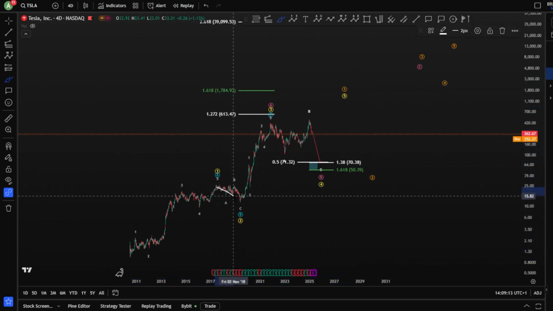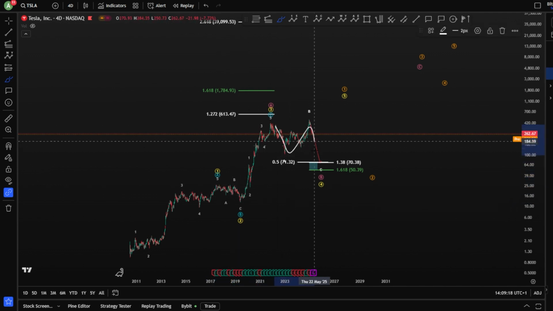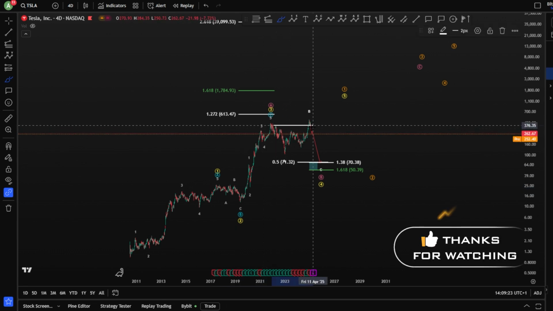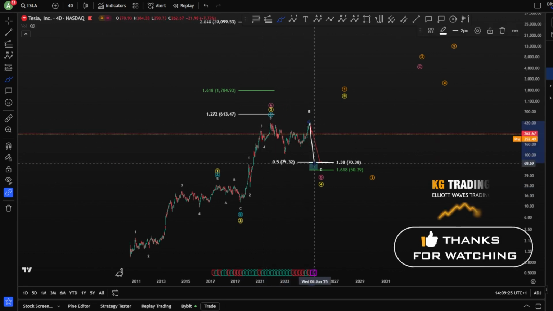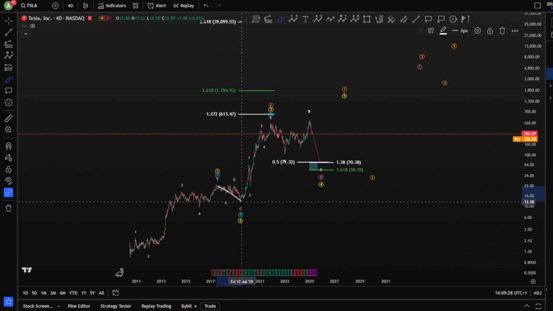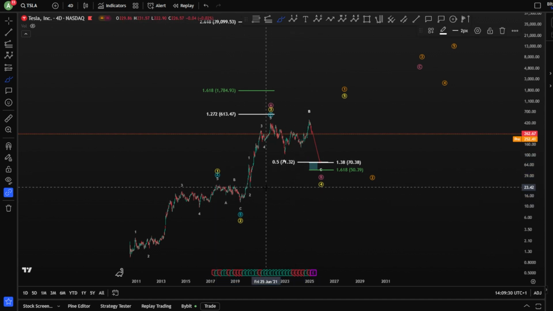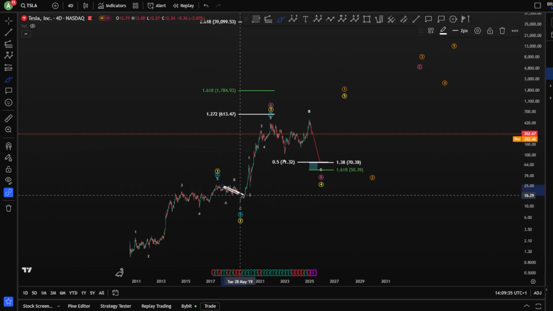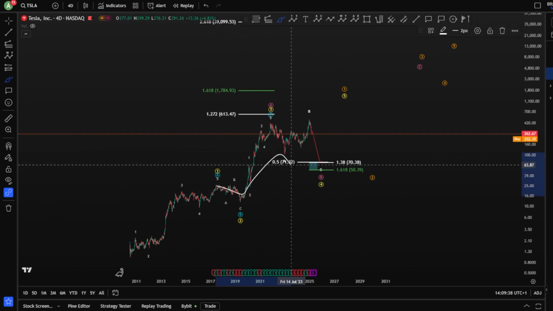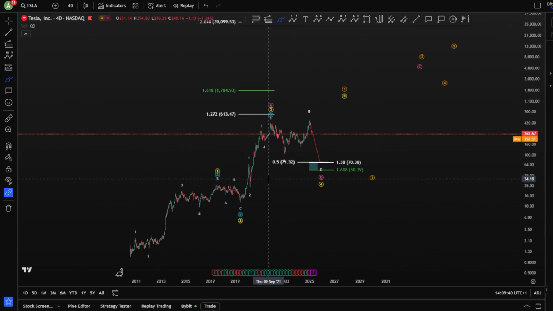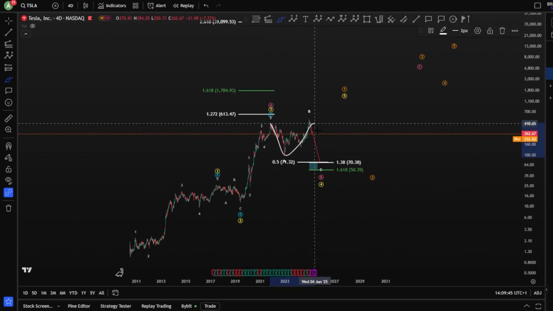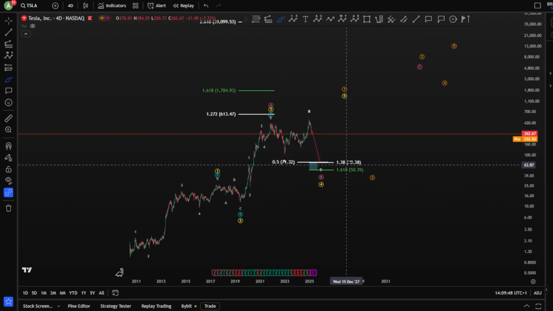Now your wave 2, in time, reflects this expanding flat. It reflected somehow. However, it is still very long in time, unless this wave C also moved very fast toward the downside. Still, it reflects the time, because your wave 4 has to be double the time of a wave 2, or at least preferably so. So the scenarios here are where we have an expanding flat, A, B, and a C,